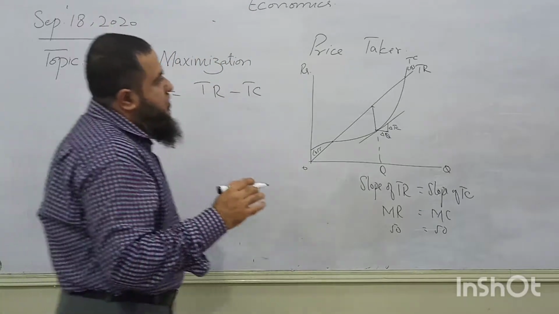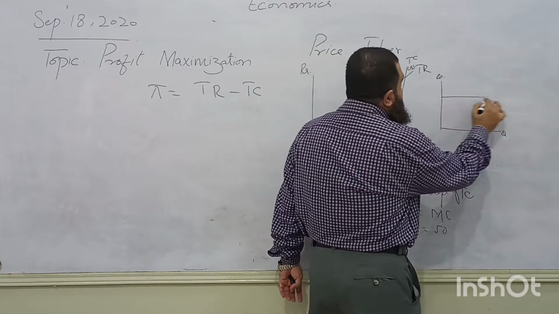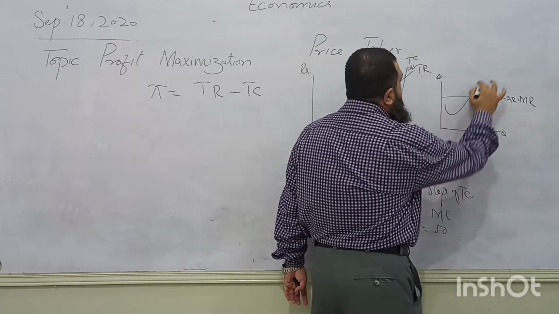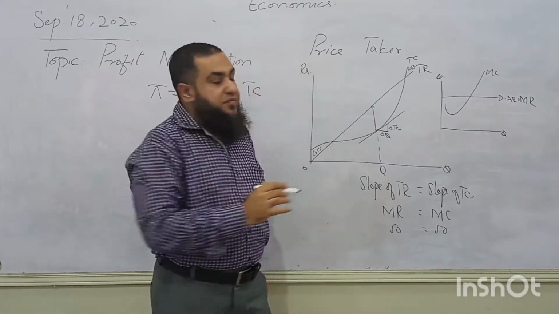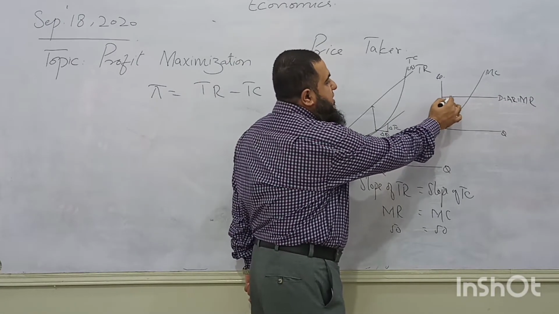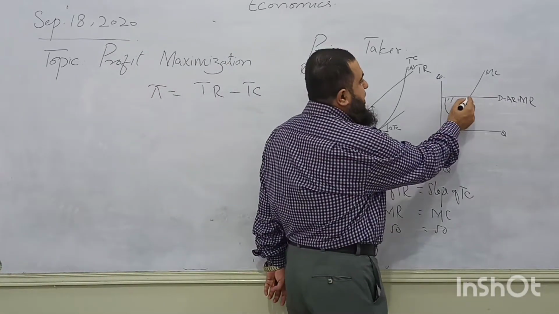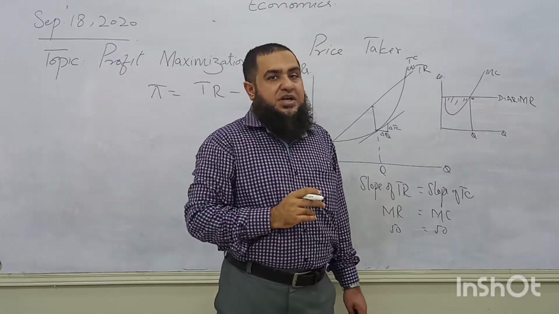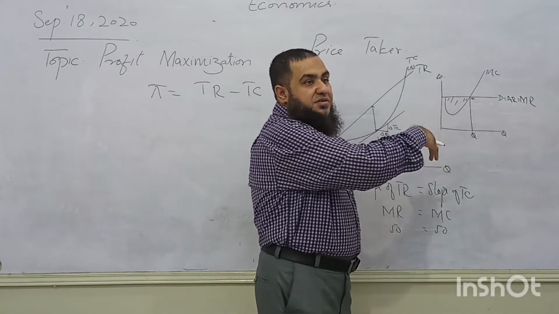On all the previous units, we say demand is equal to average revenue, which is equal to marginal revenue. This is marginal cost. As the firm starts production, its marginal revenue is more than marginal cost. This area shows the marginal profit of the firm. Once it reaches this point, this is the equilibrium point where marginal cost and marginal revenue are equal. But on the previous units produced, it has earned profit.